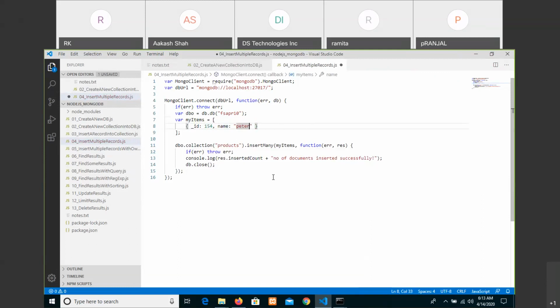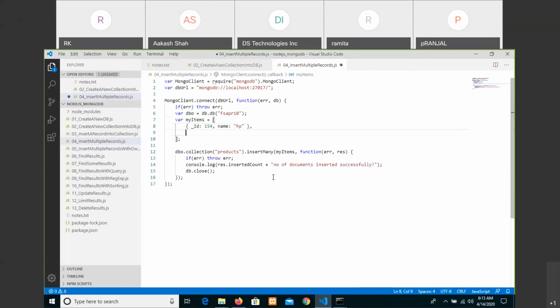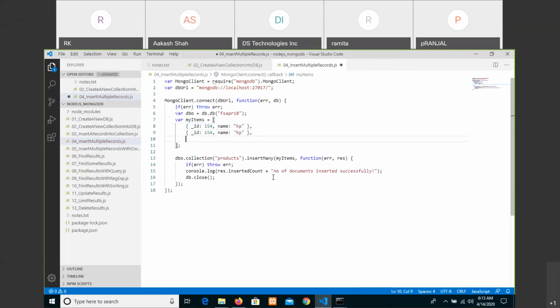So let us write something, HP, and then ID 155, 156, whatever it is started, but just increase one by one. Don't give gaps.